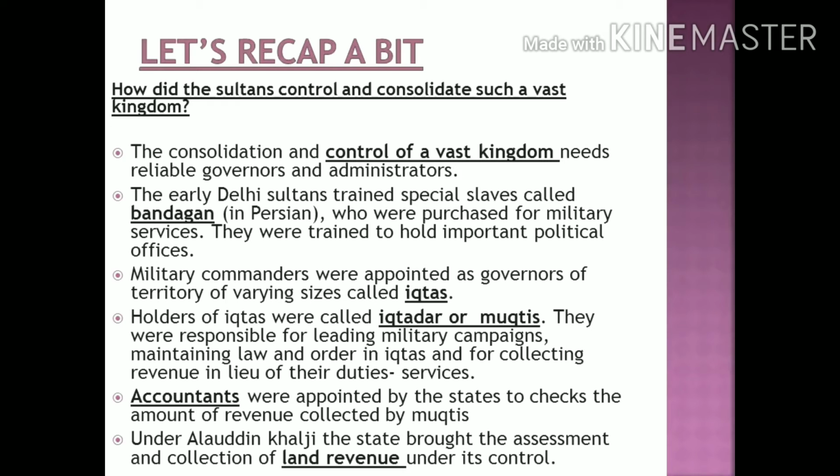अब इसका मतलब क्या है? Internal frontier means that initially sultans tried to expand in the areas around Delhi, and external frontiers means the rulers, they tried to expand in areas much beyond Delhi. So along the internal frontier, the main aim of sultans was to control the hinterland of the garrison town. यानी कि किले के आसपास के जो एरिया जो किले को goods supply करते थे, उन एरियाज को कंट्रोल करना उनका सबसे पहला aim बना. And then they even got the forests cleared between the areas of Ganga and Yamuna rivers.